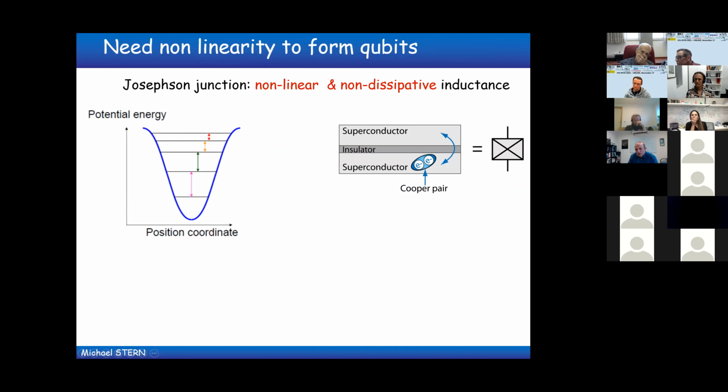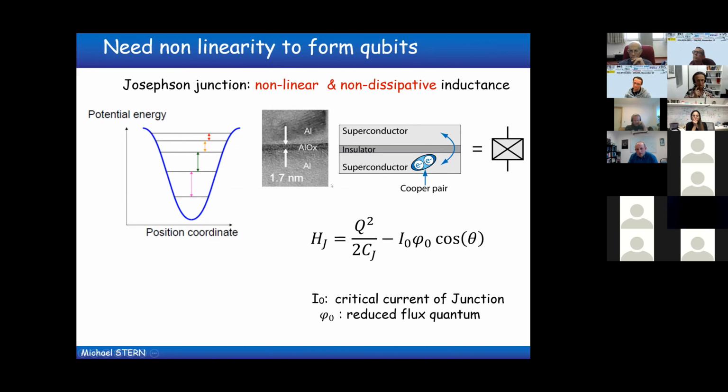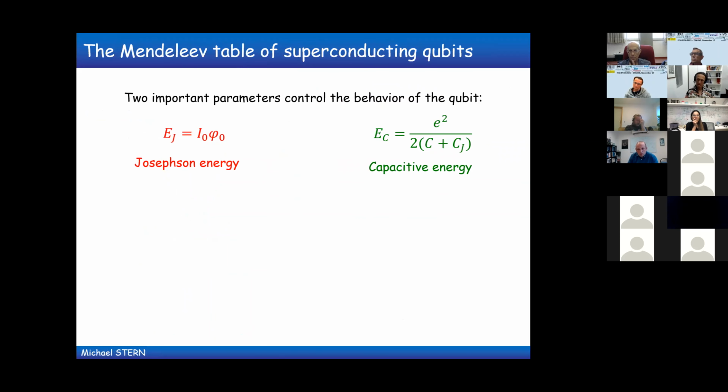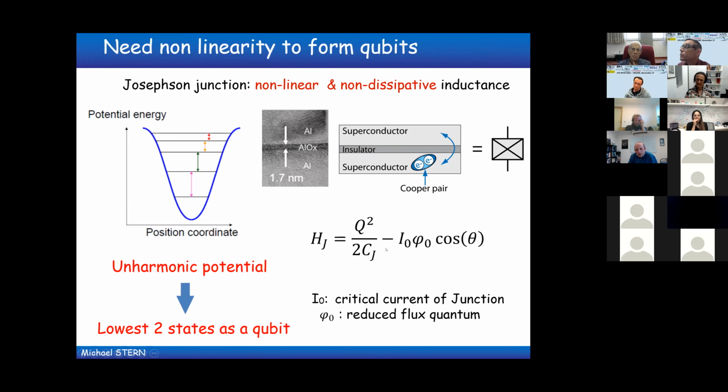Okay, so this sandwich of superconductor, insulator, superconductor, which you see here in the TEM image, is a very nice system and allows us to have this anharmonic potential and to consider a qubit, to transform our harmonic resonator into a qubit. So now, looking at the parameters of this qubit,